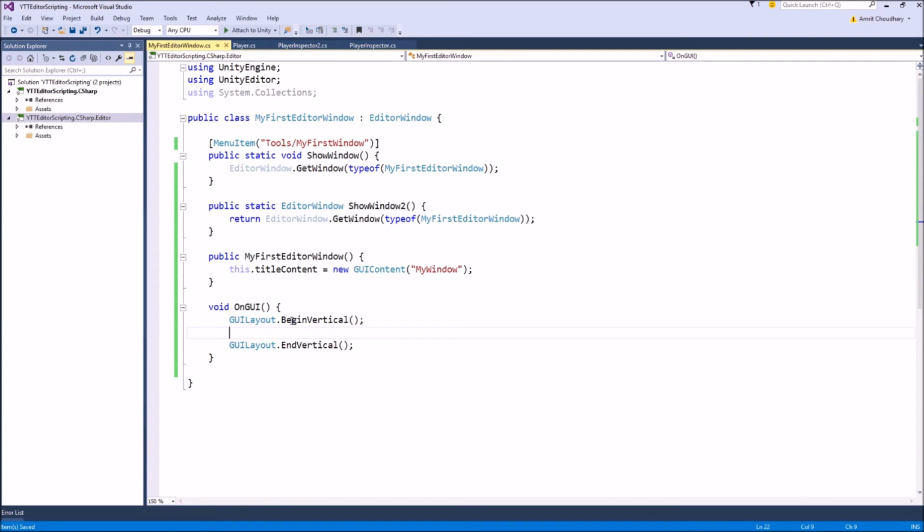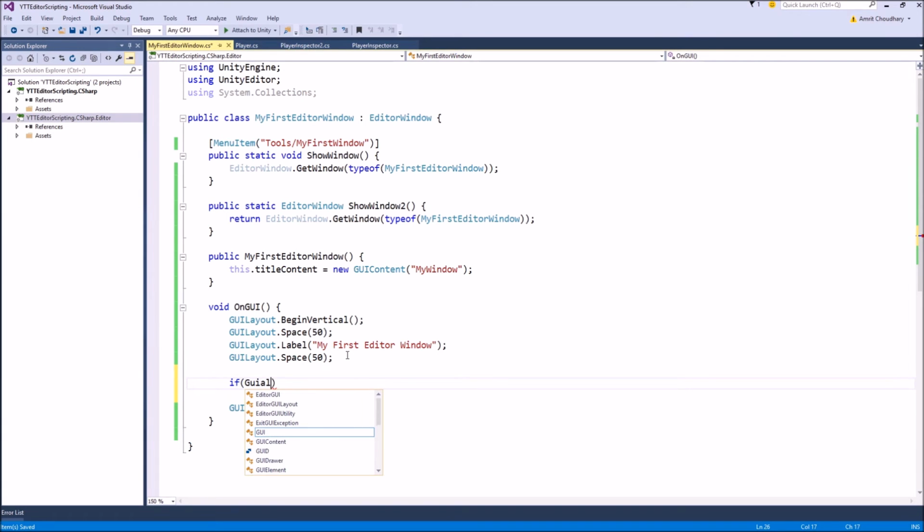Now we can write things similar to how we wrote for our custom inspectors. So let's write GUILayout.Label, my first window. Let's give some space here, and let's add a button to check how we can add functionality to our editor windows.